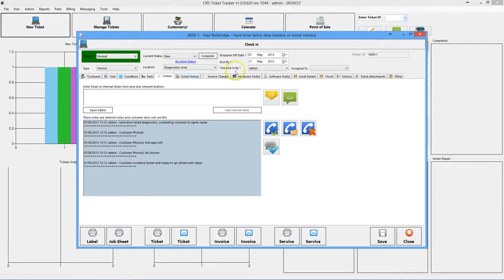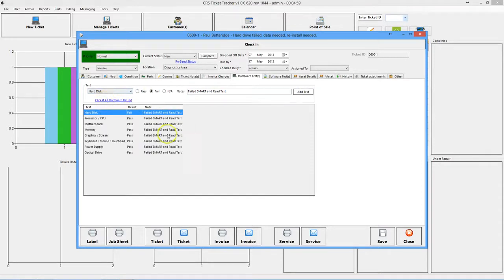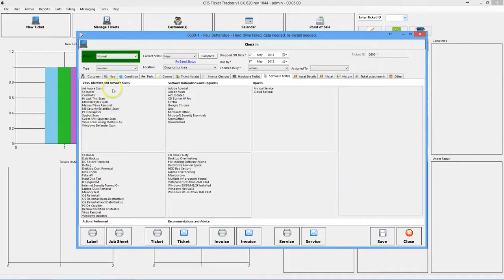So once you've done the repair, obviously here we can go in and say that the hard drive failed, I'll put on here, failed SMART read test and test, and then if everything passed, you can click on that as well. So obviously it's got all the other ones as well, everything has passed fine. Here you can specify any upsells you want to put into the receipt, software installations. Go into the important part,